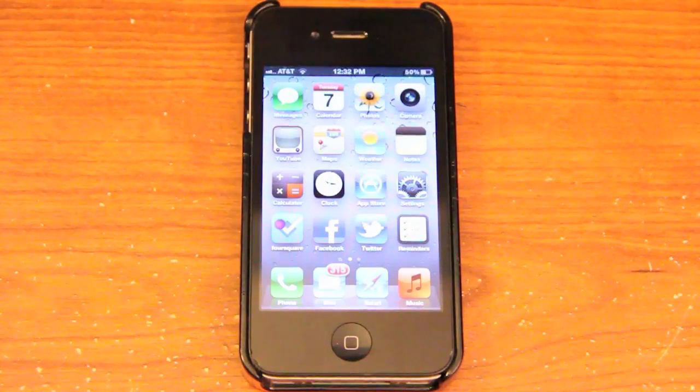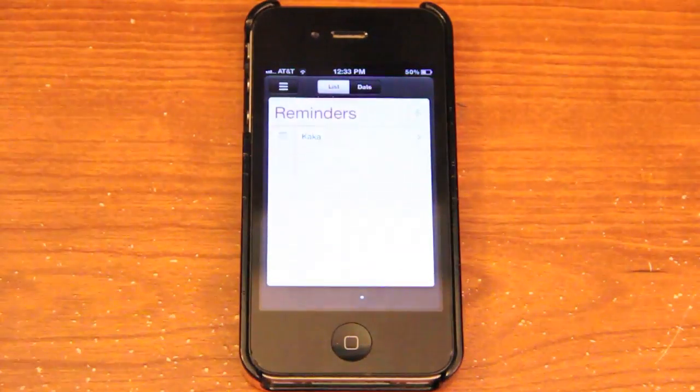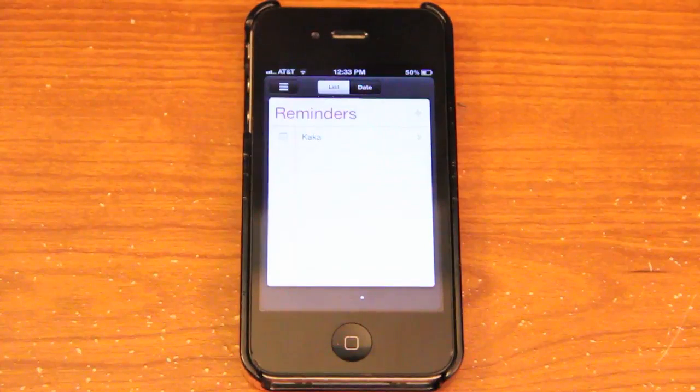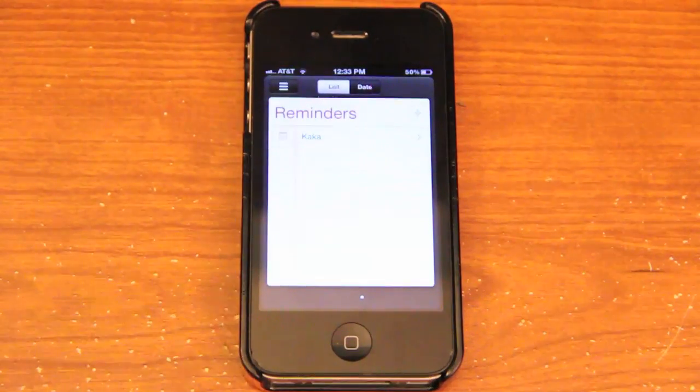So the next app we're going to talk about is a new addition to iOS 5, and it is called Reminders. It is basically a to-do list app for your iPhone, iPod Touch, iPad, whatever you want to use it on, and I love it. I can't tell you how long I've been looking for a to-do list app that has this functionality. I know it's simple, it's a to-do list app, and there's tons of them in the App Store, but this one will actually sync all of your to-do list up to the cloud and spread it across all of your